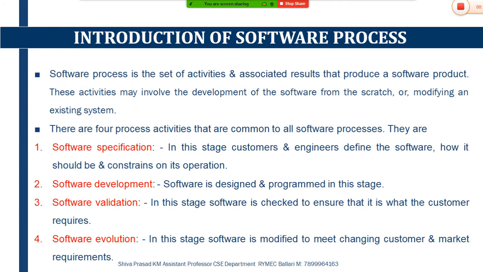After delivering that product to the customer, it will be maintained by the organization in the fourth stage. Maintaining the software helps me modify the requirements of the already developed system in future for further modifications. So this is what the software process and its activities are about. Understood everyone?